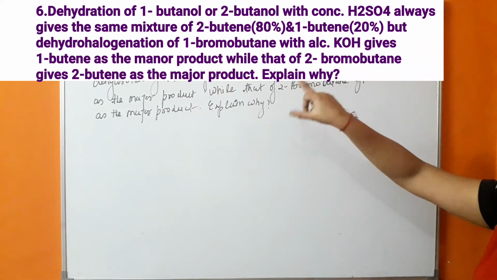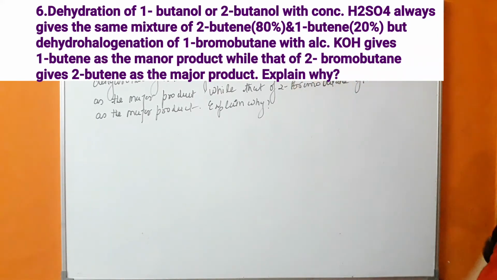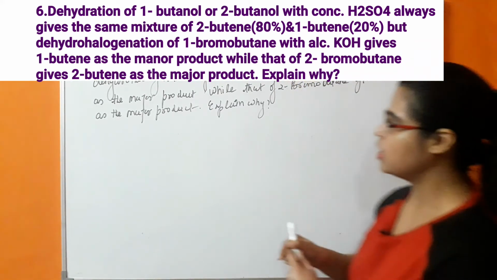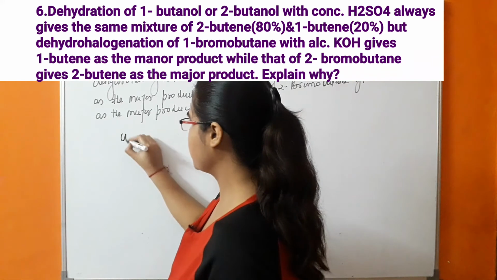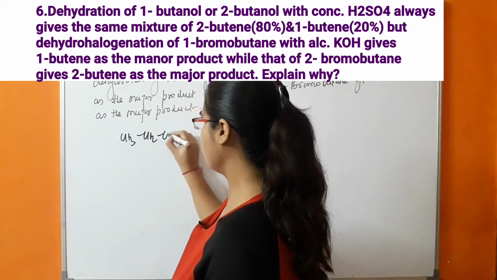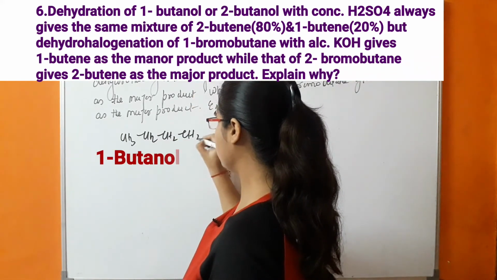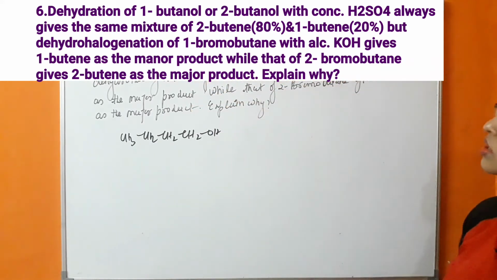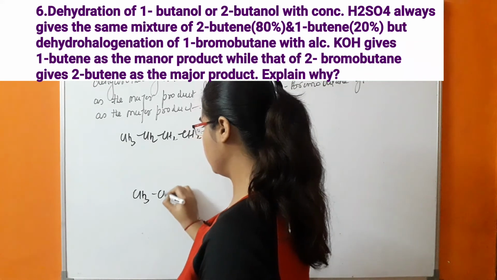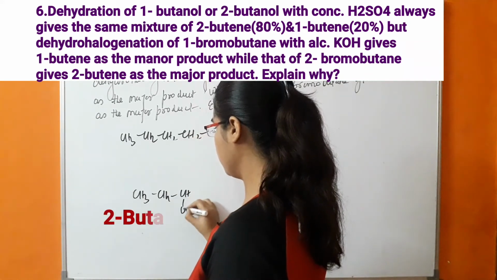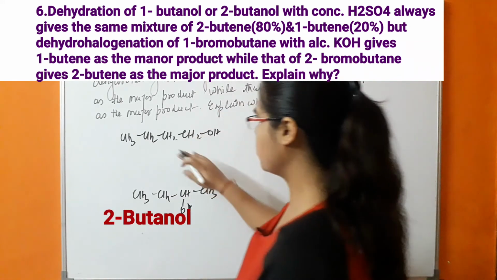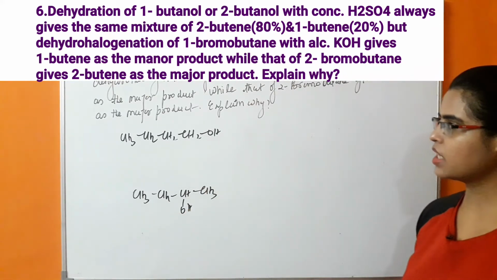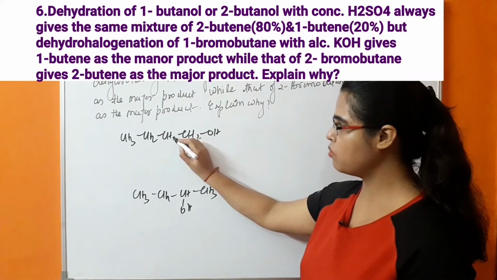So first of all, let's see the reaction in the first case. If we take 1-butanol, CH3CH2CH2CH2OH, this is 1-butanol, and the second reactant is 2-butanol, CH3CH2CH(OH)CH3. So this is 1-butanol and this is 2-butanol. So what is happening in the first case? If we take 1-butanol,